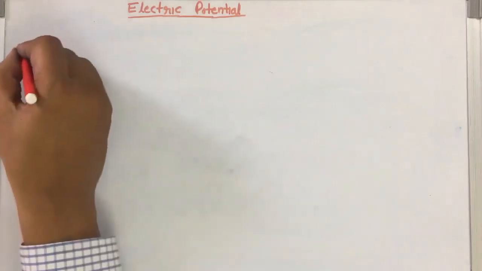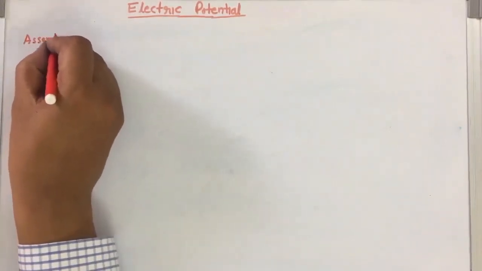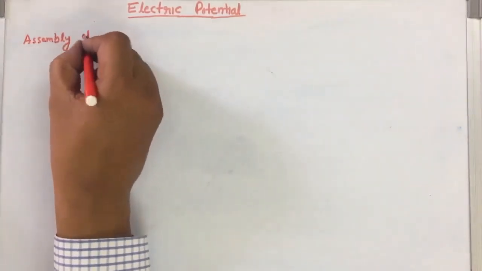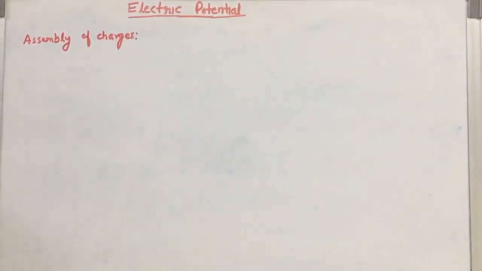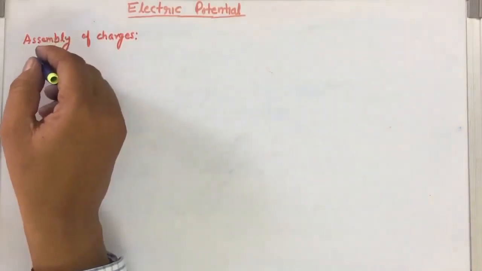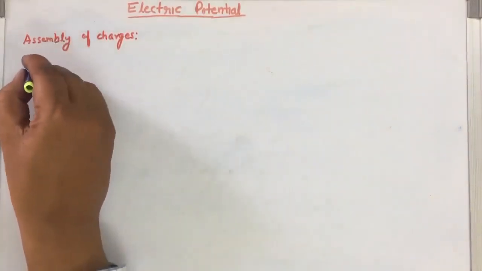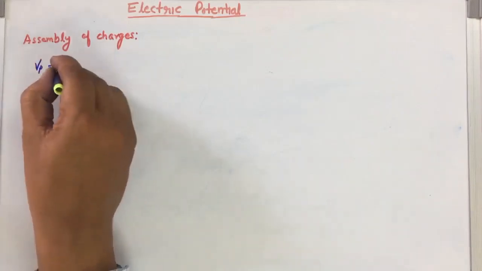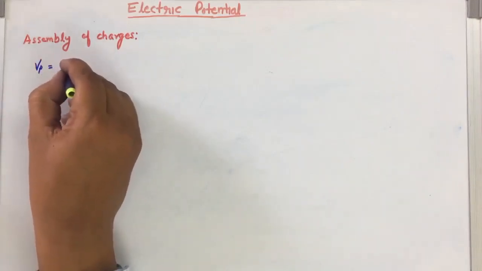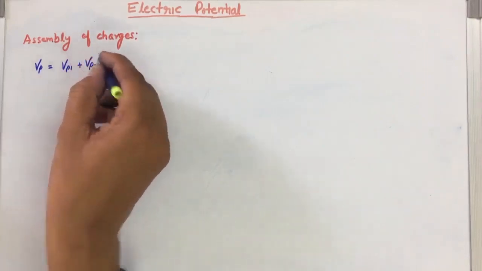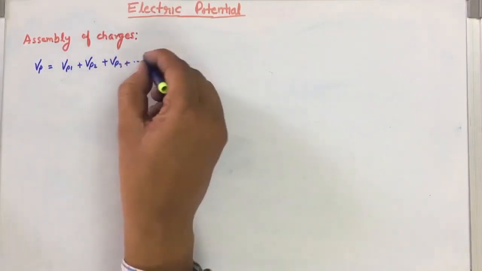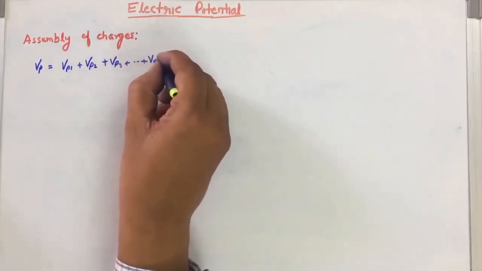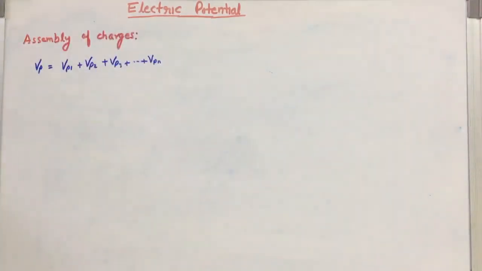Now let us consider assembly of charges. Since potential is a scalar quantity and follows the superposition principle, on the basis of that we can say Vp will be equal to Vp1 plus Vp2 plus Vp3 and so on up to Vpn. If we have an assembly of charges